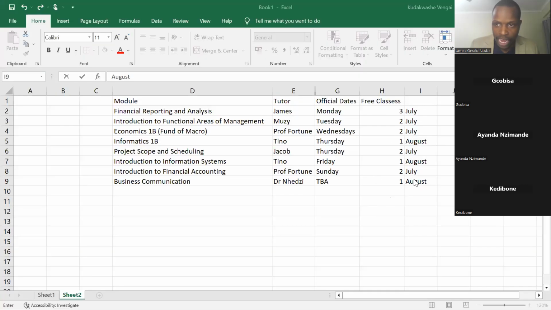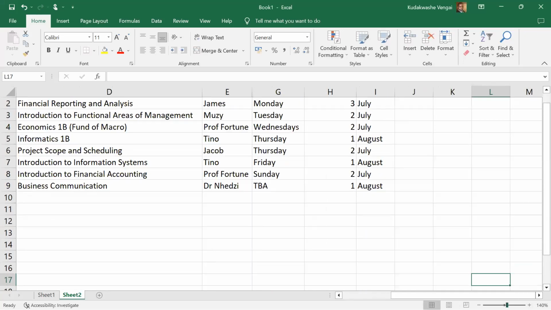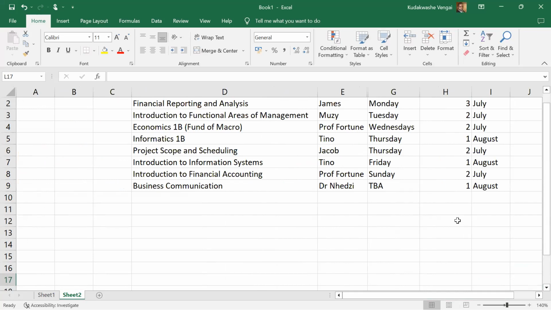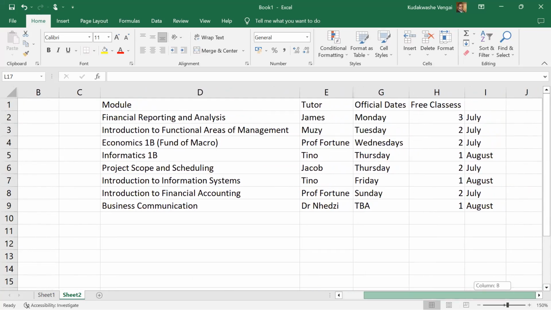So we are going to be providing the following tutorials. Remember, what we are providing are extra tutorials that can help you get a distinction, and help you make sure that you pass and end up not wasting your money at the end of the day in terms of registration with the university.